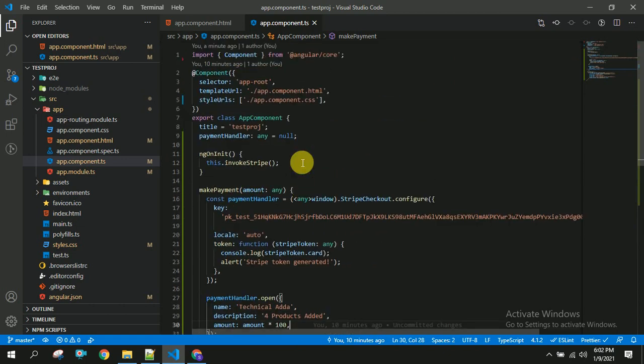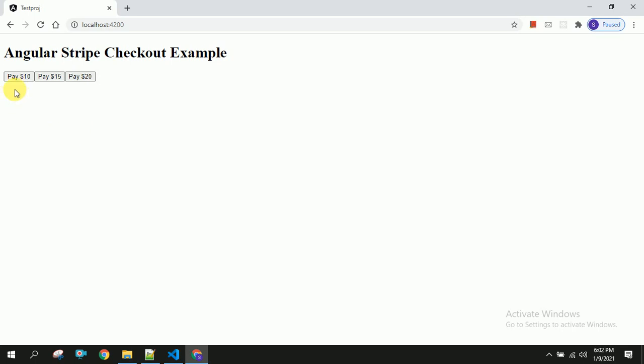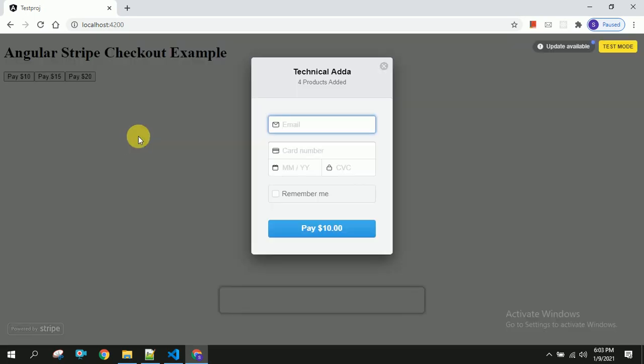So let us save this and head back to our browser and check whether it's working or not. Once I click on this pay 10 or 15 or 20, you should be able to see the payment of Stripe. So we can enter our details.